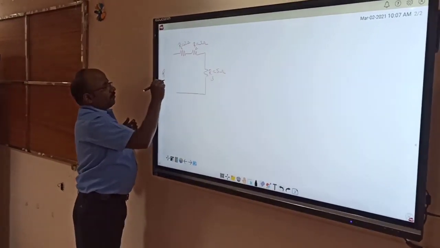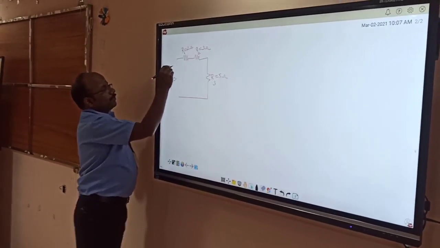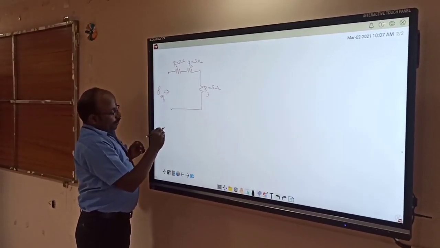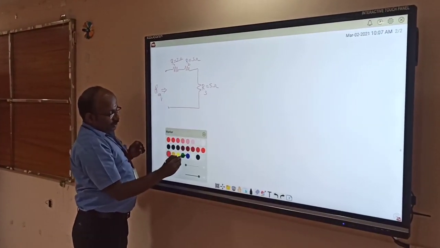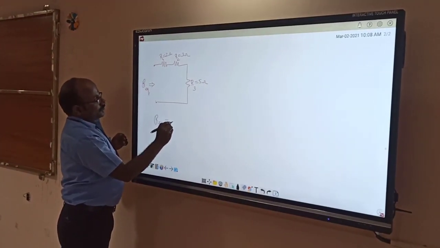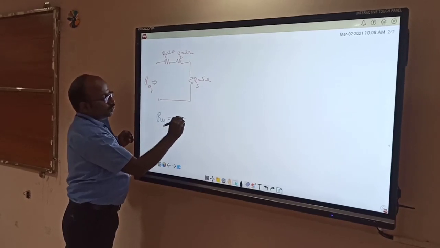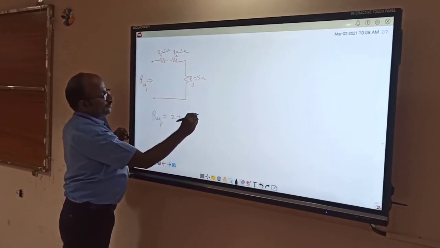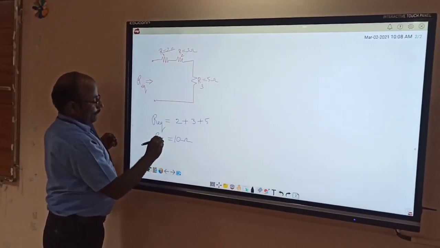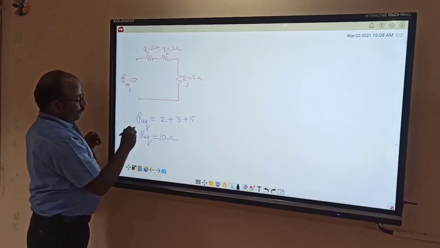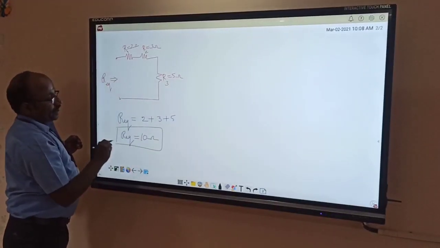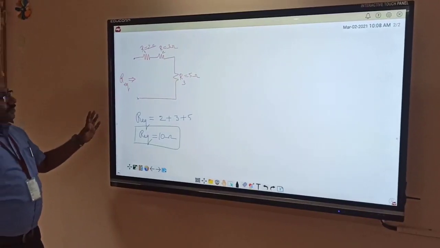The question is, find the equivalent resistance of the circuit if I look from this side. Okay, since the elements are in series, I can change the color of my solution. I can change it to blue if required. So R equivalent is equal, since they are in series, I can add the resistance values, that is 2 plus 3 plus 5. That is R equivalent is equal to 10 ohms. Okay. Right. This is the thing I want to say. So you can write any expression.